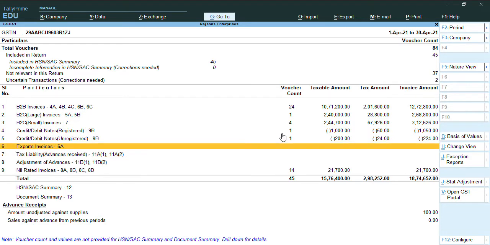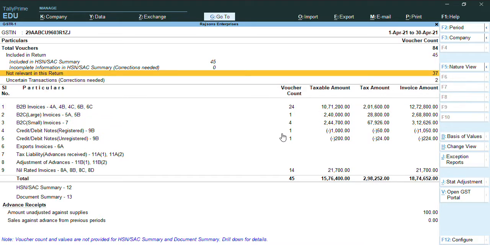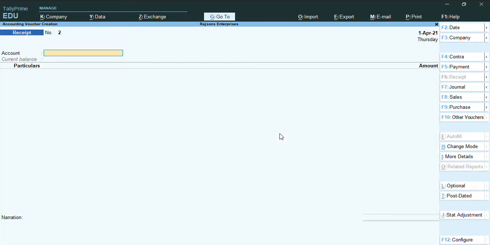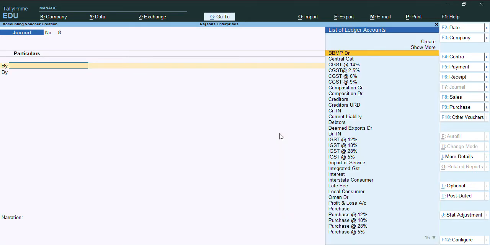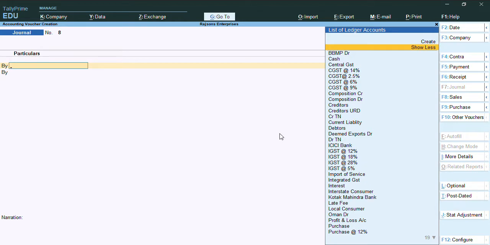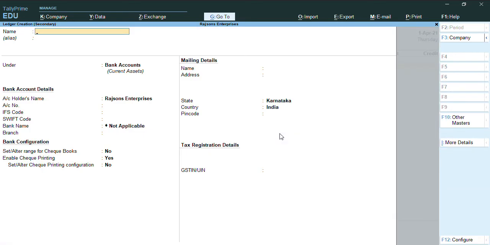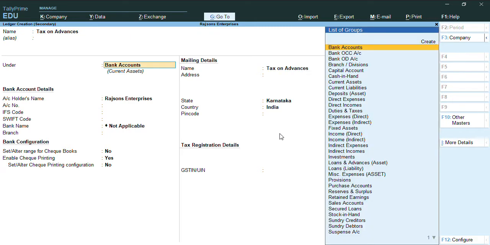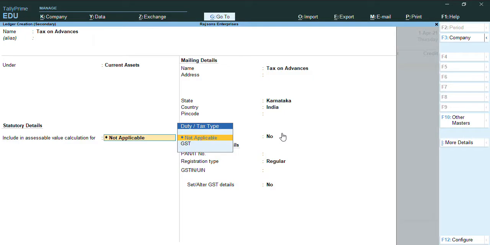To record this transaction, we have to record one more voucher, that is a journal voucher. We need to create a ledger, tax on advances, under current asset, because we have already received the tax before we do any sale, so it will be an asset for us.